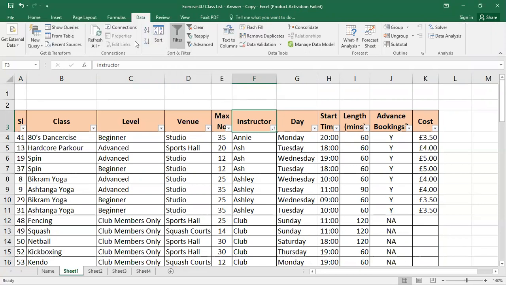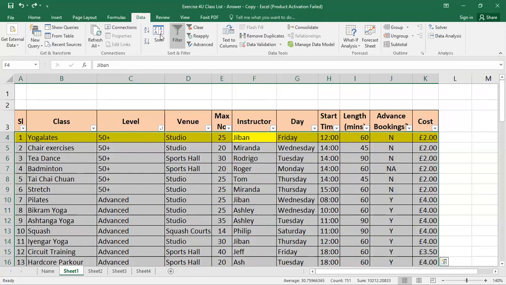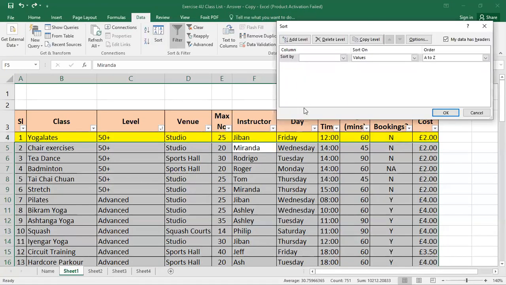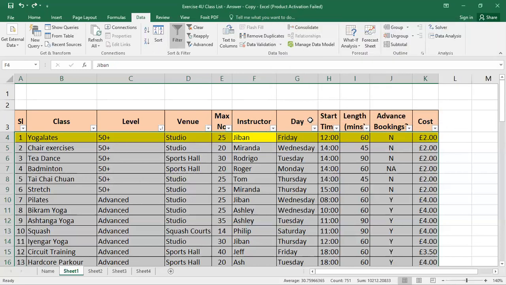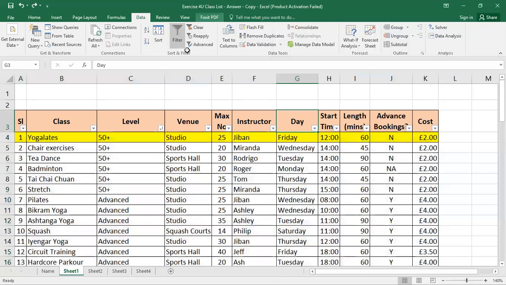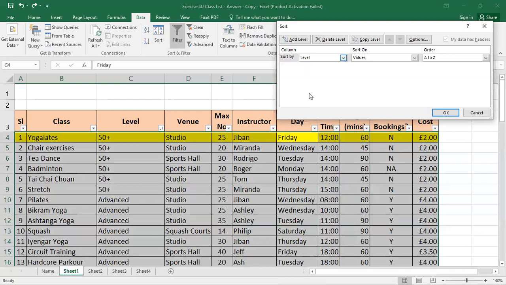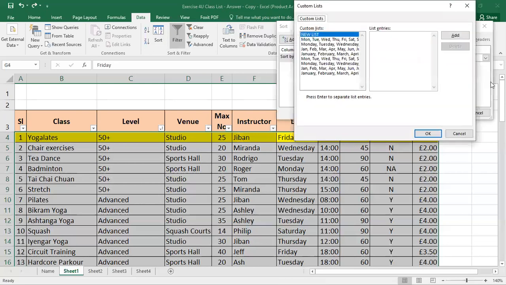For this, we just have to go to the sort. First we select any cell under the title, then we select the day first, then values, and it will be the custom list Monday to Friday.